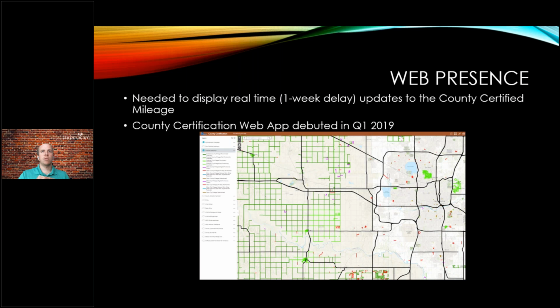So when we say real-time updates, all of our publicly facing data is technically a week old. It all gets updated over the weekend and then republished every Monday. So we debuted the county certification web app, and I'll do a live demo of it here in just a second. It's basically just an ArcGIS Online web map with the county certification data in it for every road in the state, along with some other administrative boundary information, wildlife management areas, things like that. We debuted this in early 2019,